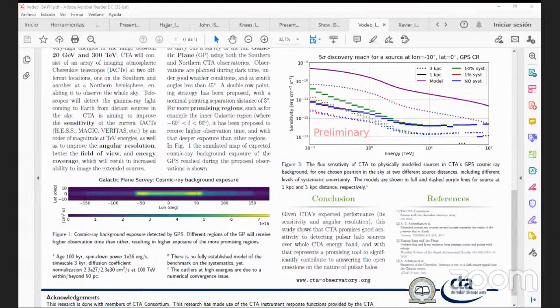In the next step in our analysis, we'll perform a more detailed population study by considering the pulsars in the ATNF catalog and then assigning them some pulsar halos and performing the sensitivity limits on these pulsars, identifying how many of them could be visible to CTA and also characterizing whether or not their profiles could be resolved and to what extent. So this was all from my side.